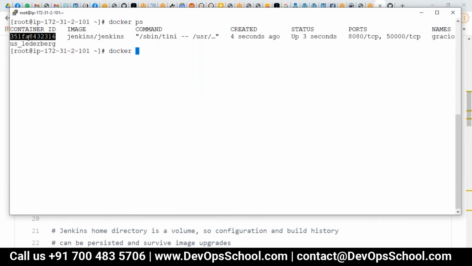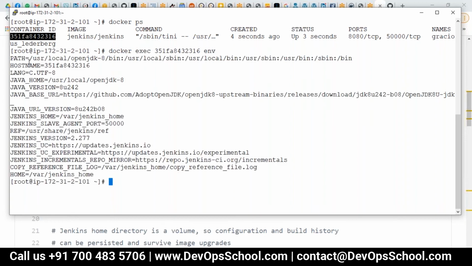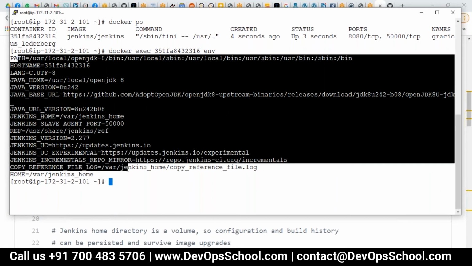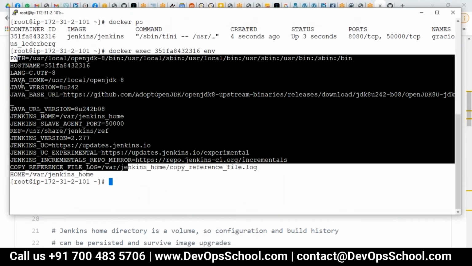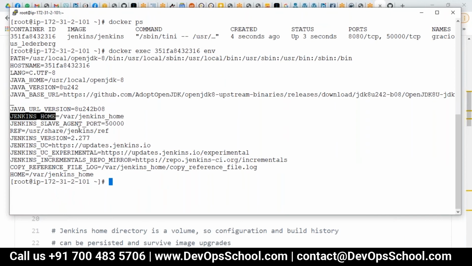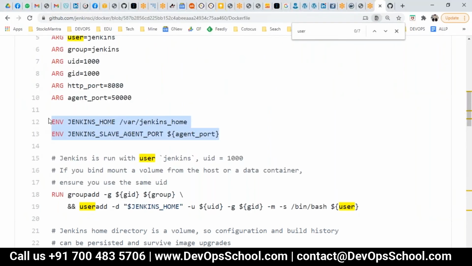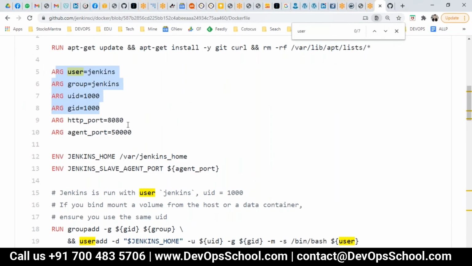Now I want to check that environment variable. So let me run the env Linux command. See, there are so many environment variables. For running the application you need certain environment variables, but how do you set them during the runtime? So through ENV they have set the JENKINS_HOME. Let me locate this. Must be here somewhere. Here it is. And the Jenkins slave agent port. Where is that? I'm not able to locate it. Right below, here it is. Yeah, this is the one. So these are the runtime environment. Let me tell you, arguments happen during build time, and environment will be available during the runtime.